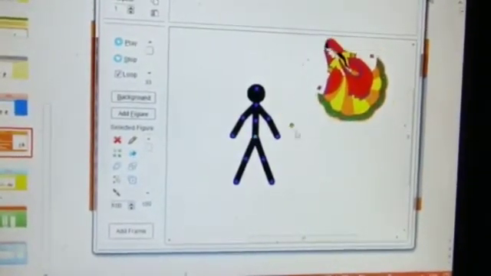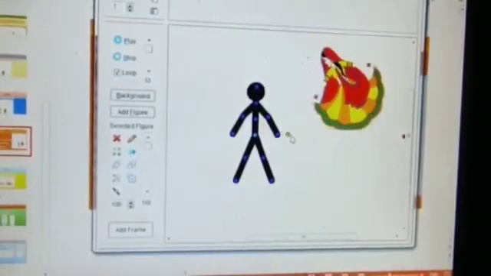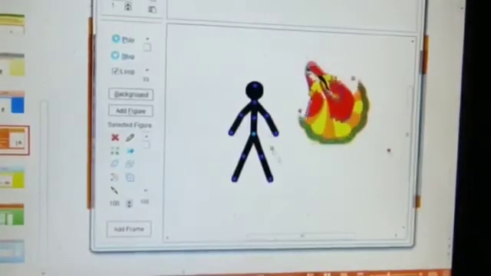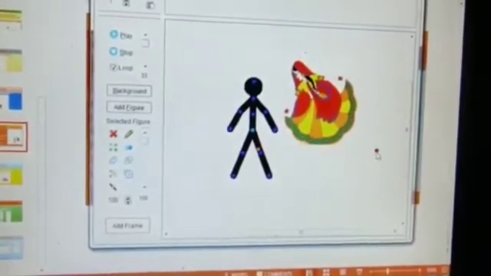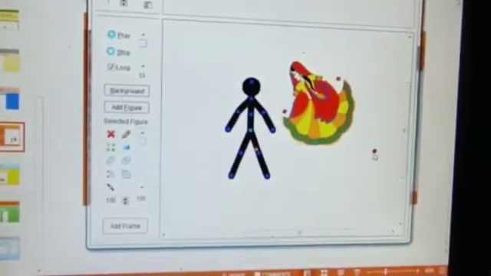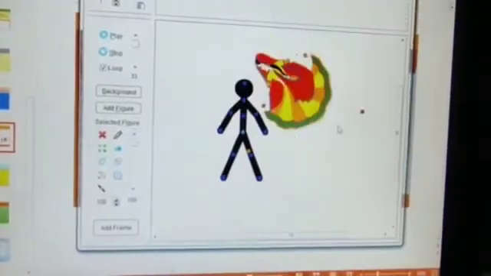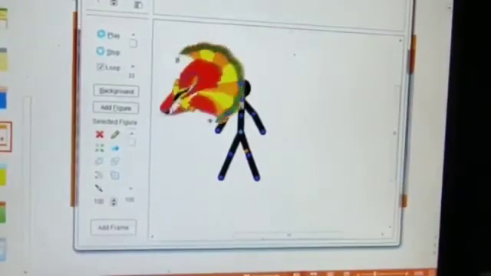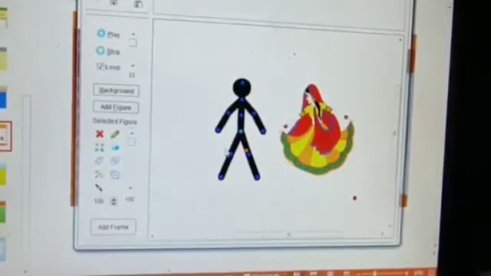Now you can see the orange handle, the orange colored dot. By using this orange handle, we can move the sprite image. Now to rotate the sprite image, use the red dot. The red dot is nothing but the red handle. By using the red handle, we can rotate the image of the sprite.